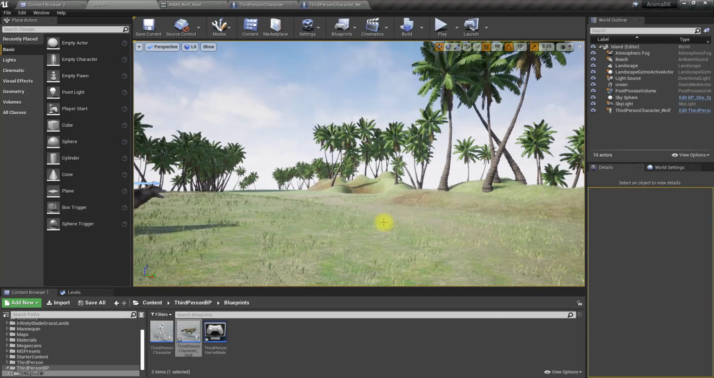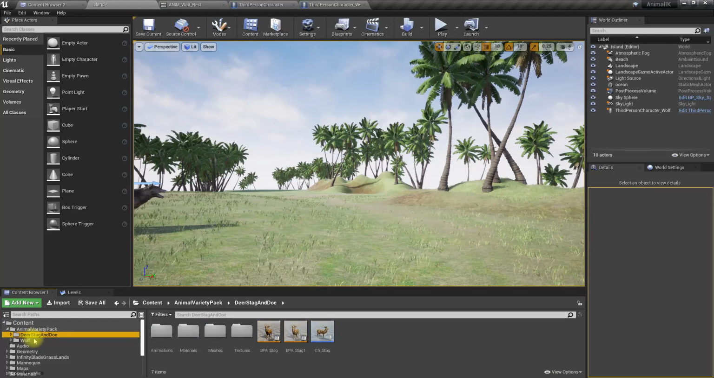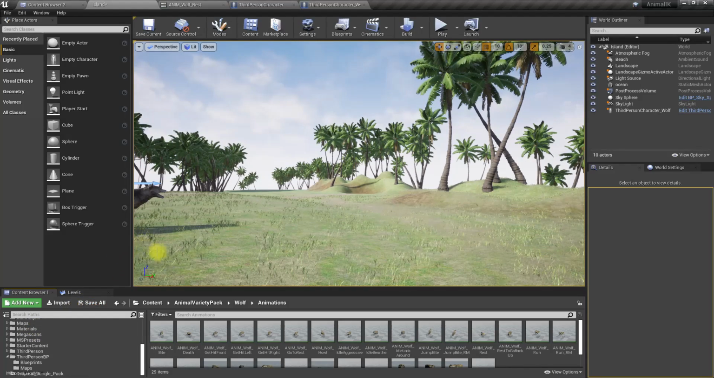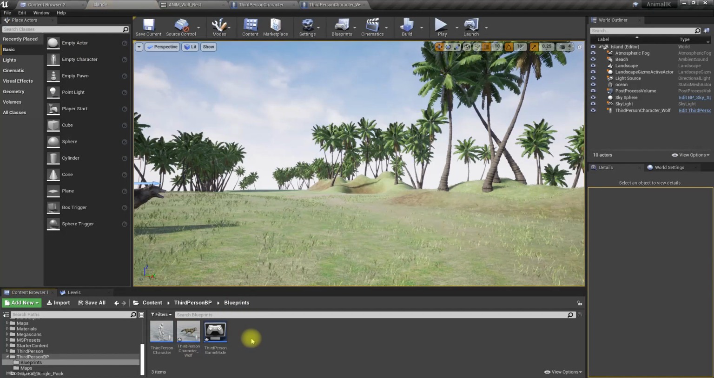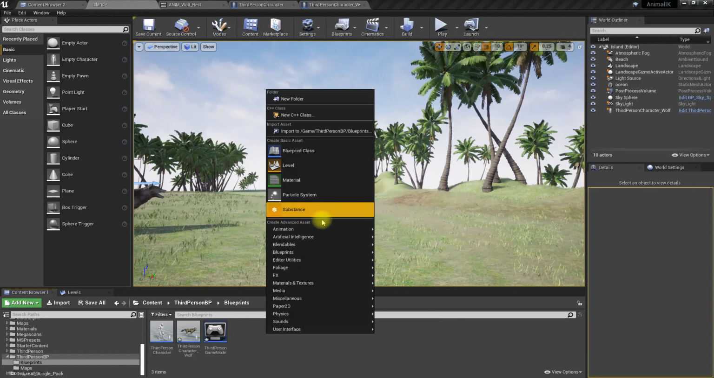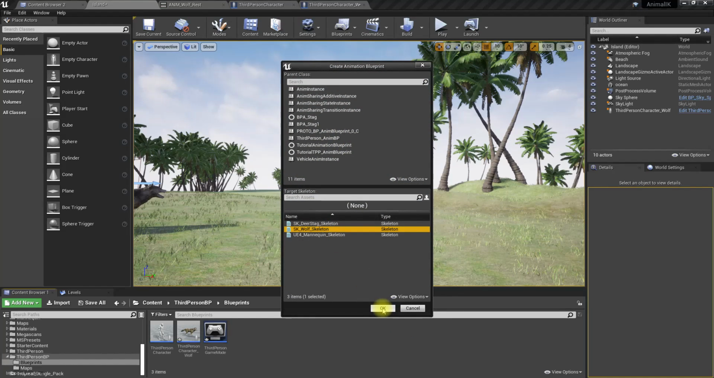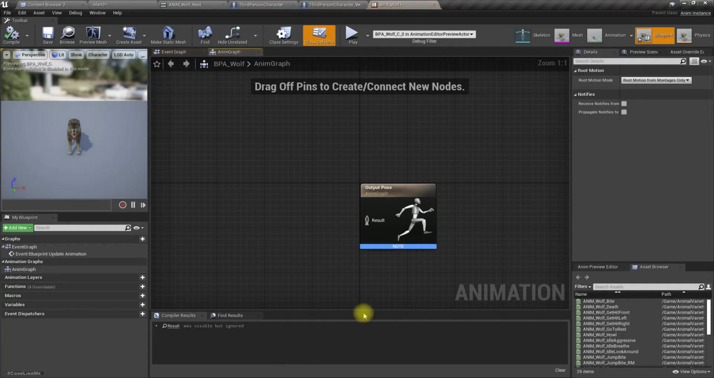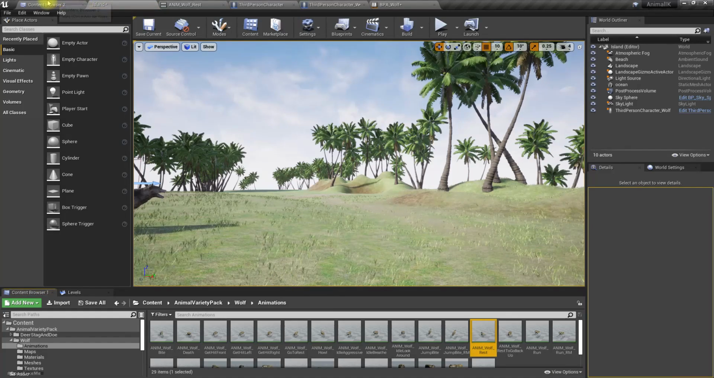Okay, yeah, let's create an animation blueprint for this. Let's create it here under animation blueprint. Let's use the wolf skeleton. Let's call it ABP wolf. Alright, now using these animations available,